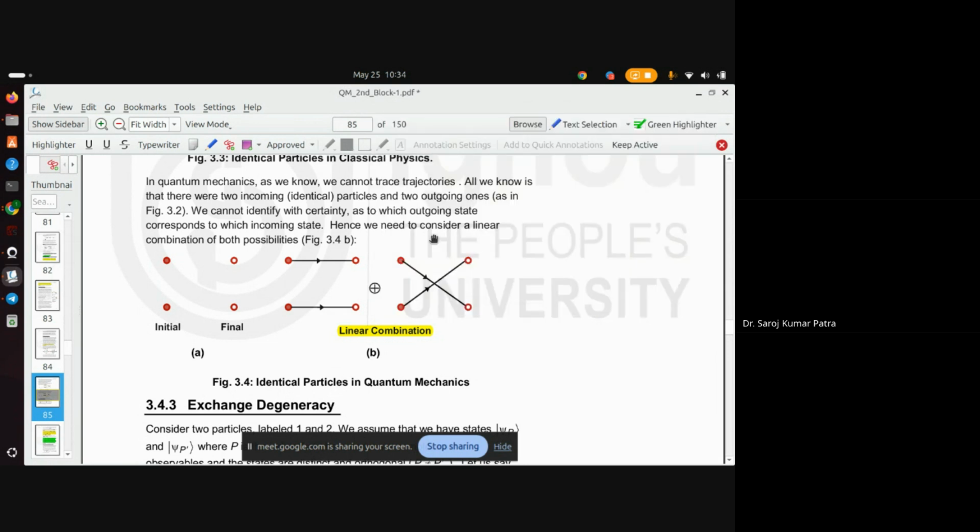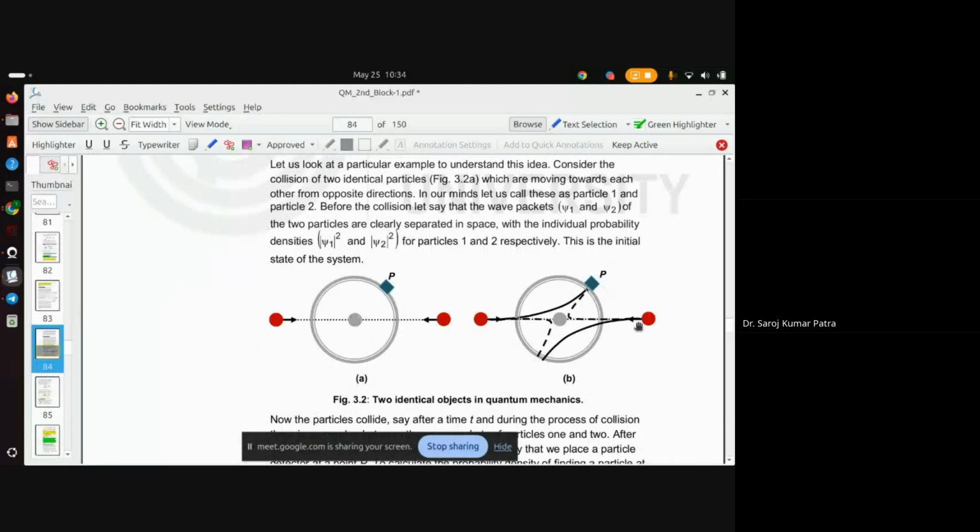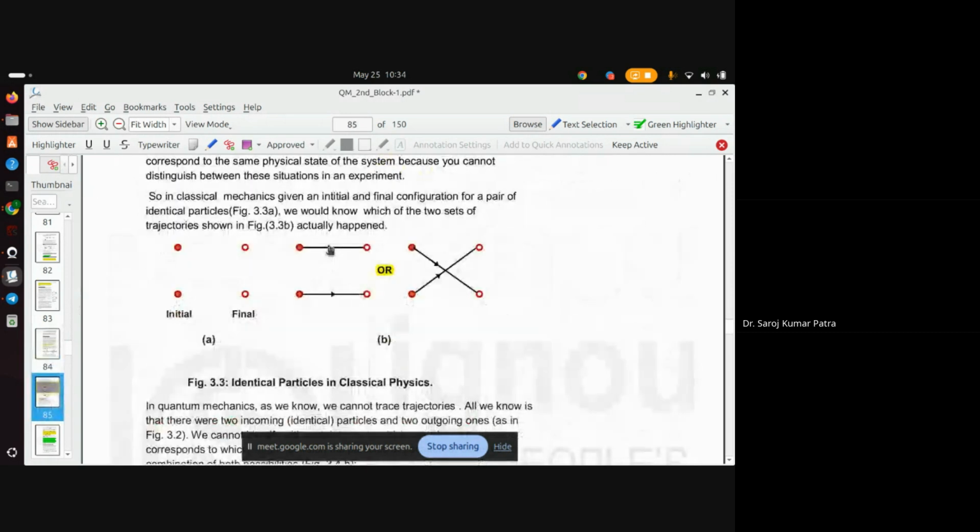Yeah, I think this part must be referred to quantum 1 जो भी पढ़ाया गया होगा, तो उससे रिलेट करेंगे तो फिर समझ में आएगा। जो मैथमेटिक्स वहां पे बताया गया है, फिजिक्स यहाँ बताया जा रहा है। डिस्टिंग्विशेबल अगर क्लासिकल सिस्टम होगा तो क्लासिकल सिस्टम में we would know कि either ये वाला सिचुएशन है कि ये वाला पार्टिकल यहीं गया है, ये वाला पार्टिकल यहाँ गया है, नहीं तो दूसरा सिचुएशन है कि ये ऐसे रिवर्स होके यहाँ गया है। बट क्वांटम में हमें पता नहीं, ये ट्रैजेक्टरीज हम क्वांटम में नहीं बता सकते हैं।